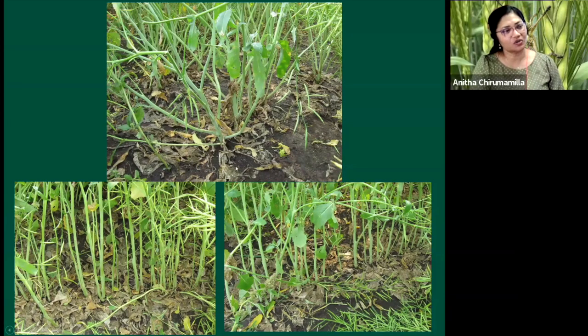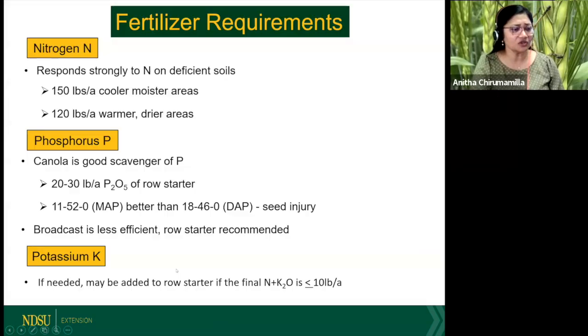So this is another picture showing how canola, when it's uniformly spaced, branches and has a nice thick stem and lots of branches. Lots of branches means more pods and more seeds. However, when you go for wider spacing, you see the plants are so close together in the in-row spacing. Some plants have thicker stems, but there you can see many thin-stemmed plants which do not produce enough. So you'll be losing a lot of yield.